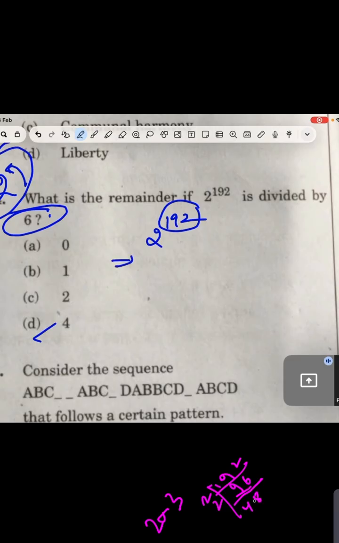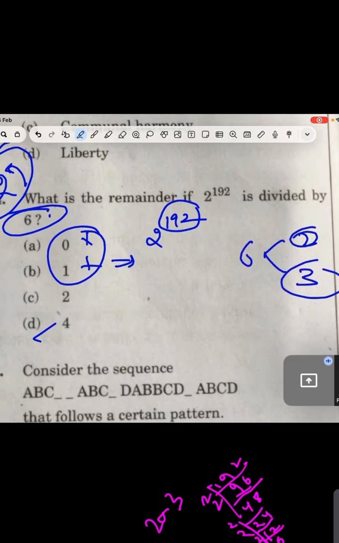What they have given actually, but I'm smart, right? So what I will do is find out the pattern, guys, and this is sure that 0 and 1 can never be the answer. I repeat, 0 and 1 can never be the answer, because 6's factors are 2 and 3. So 2 can be 0 but 3 is there. So 0 and 1 can never be the answer, I know that.